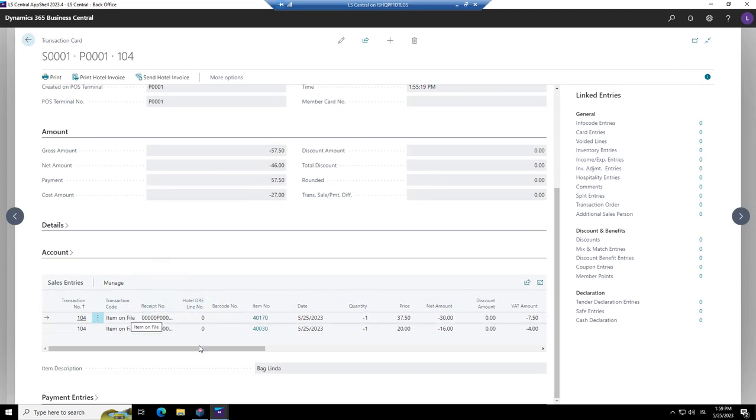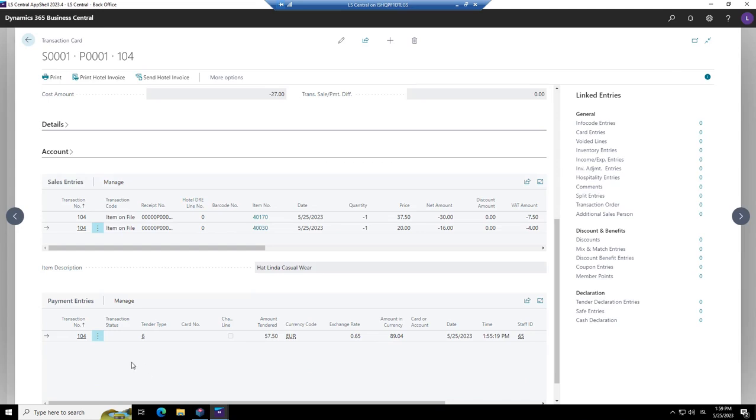Exactly, this was the item bag Linda, and the other line had the hat Linda. Quantity -1 for both. This is the price, the net amount, VAT amount, etc. And if we look into the payment entries, we will see that this transaction was paid with tender type 6.